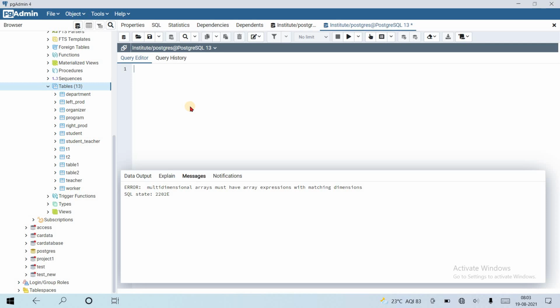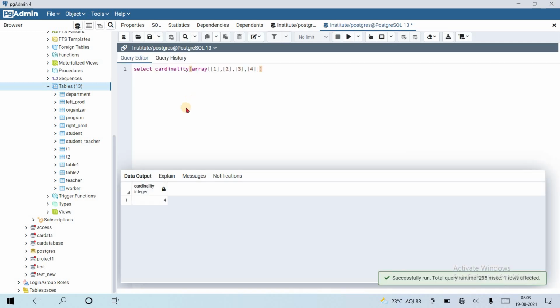So it returns the cardinality of the array. Suppose the example is select cardinality of array[[1, 2], [3, 4]].